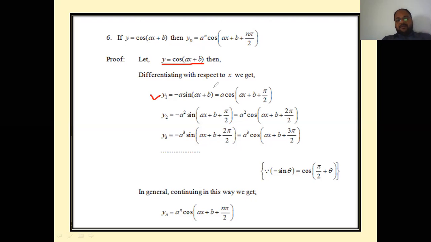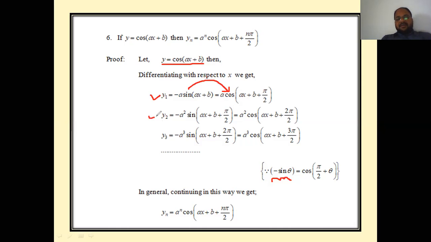But when you observe the given function, you have to show it in terms of cosine, and here we get the result in terms of sine. So we simply convert this sine into cosine by using this result. Now we have the standard result, minus sine of theta is nothing but cos of angle pi by 2 plus theta, which means when you convert sine into cosine, we simply get cos of 90 plus theta. So here also the angle is ax plus b, which means you consider this angle as theta, and the conversion becomes cosine of theta plus pi by 2.